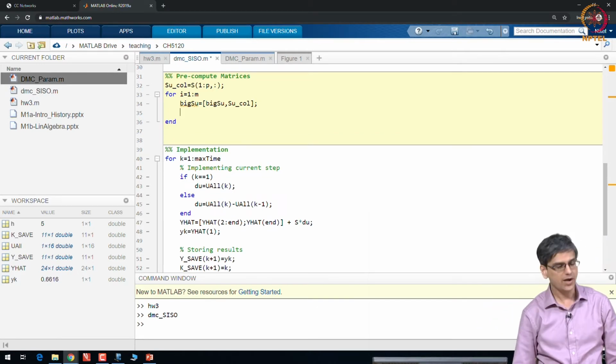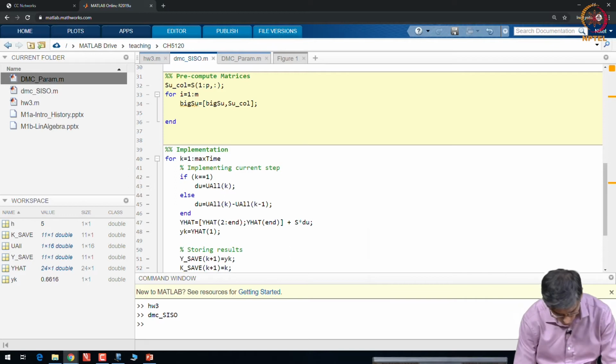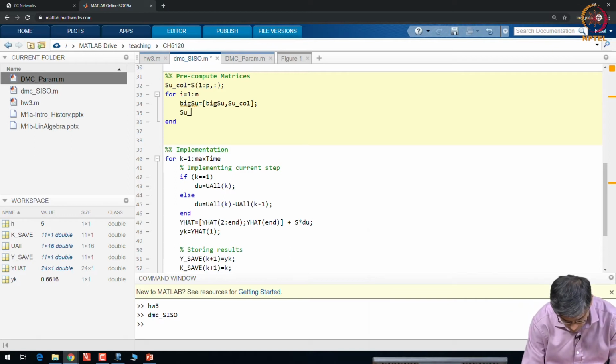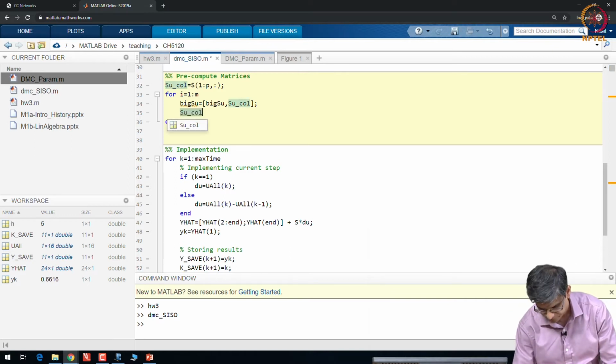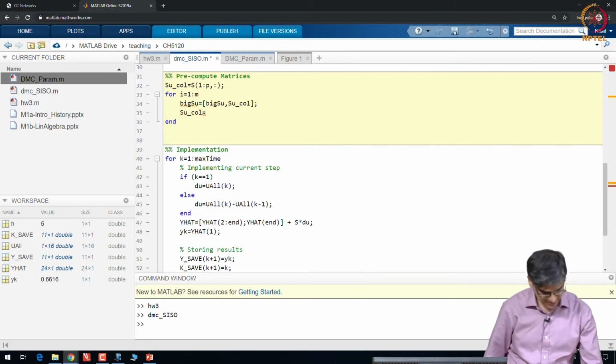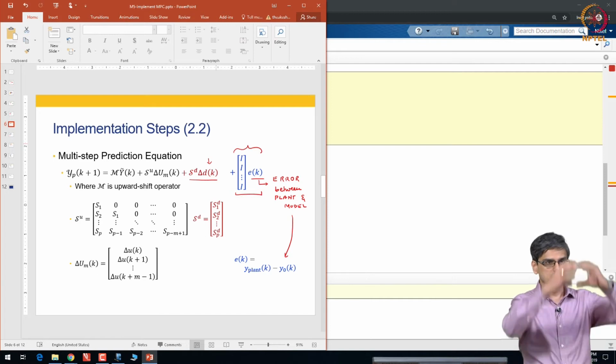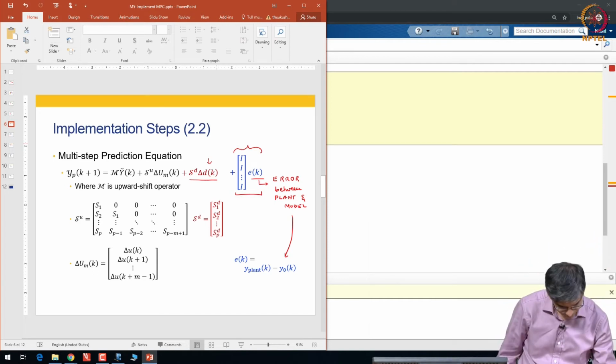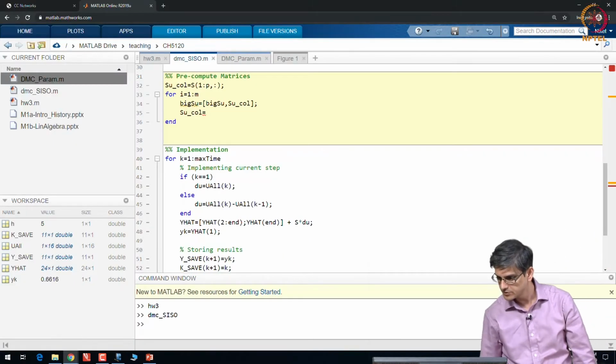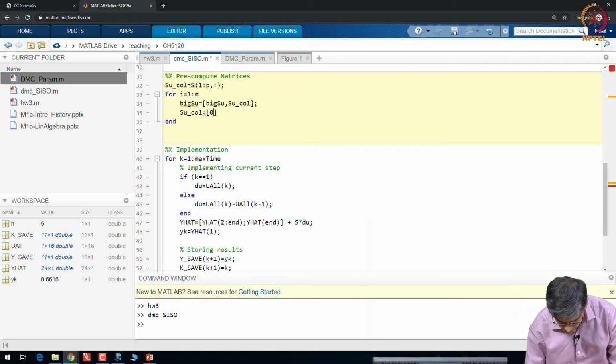And now I need to update my SU call. Now, what does the next column in SU do? Downward shift, perfect. So, SU call is 0 semicolon SU call 1 to end minus 1.